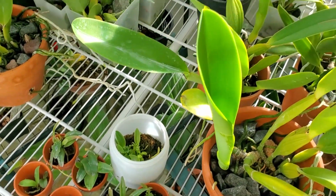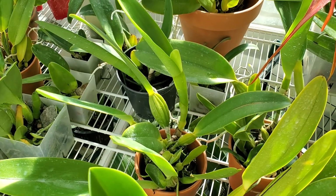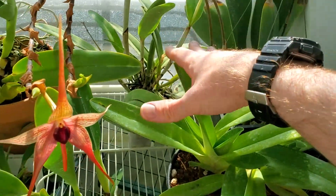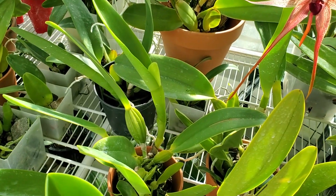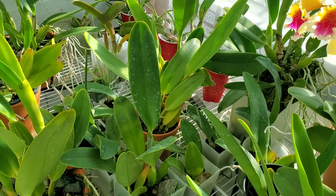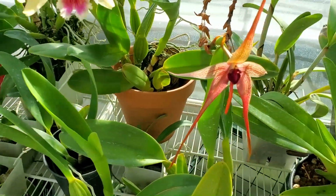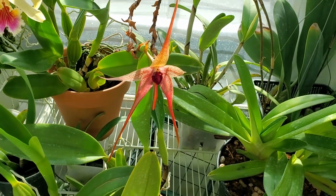Of course, I gave everything a thorough soaking in thiamine treatment, the fungicide. So that's why you're seeing the white on the leaves here. I really soaked the roots in it really good. So hopefully that's going to help, and I think that's going to have to become a regular thing. As long as I'm growing in an enclosed space like this, I'm going to have to do regular preventative fungal treatments. If there's one spore in here, it could grab onto something. So I might try to alternate thiamine with